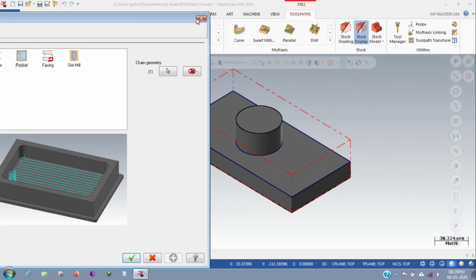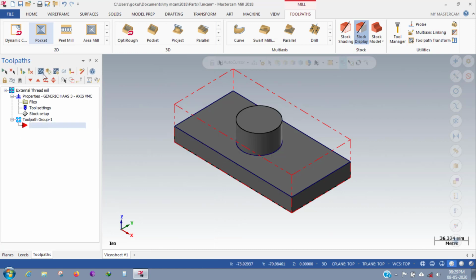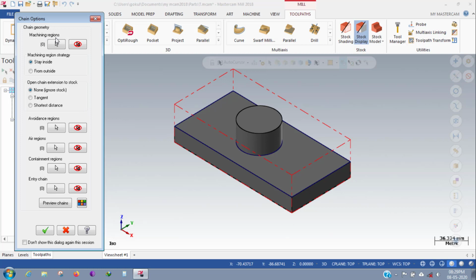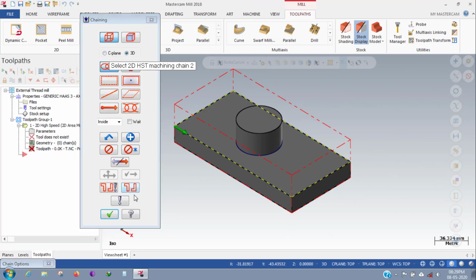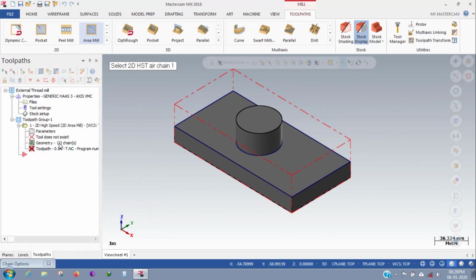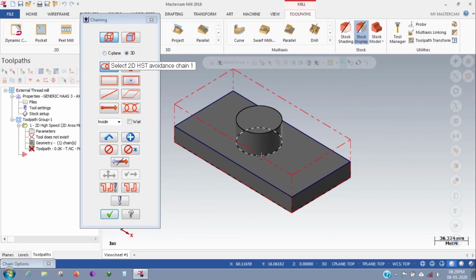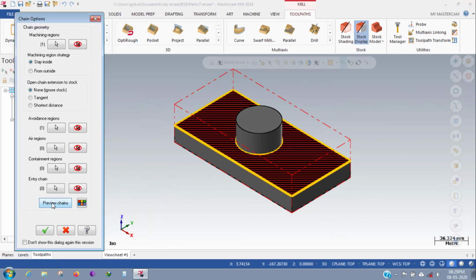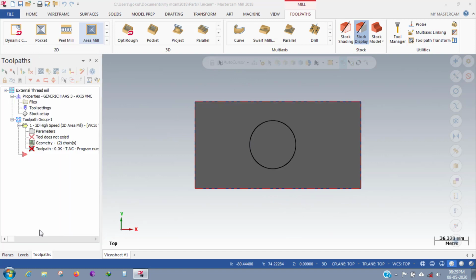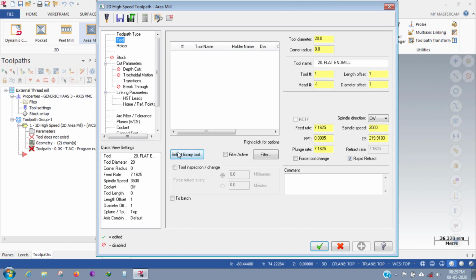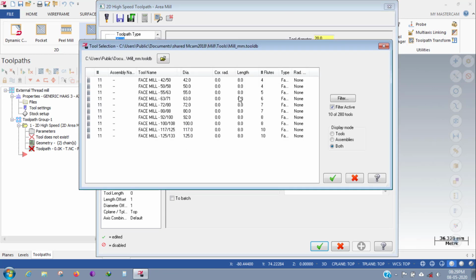Oh, sorry, it doesn't have an avoidance, so we can go with the area mill and select the machining region as this, and avoidance region to be like this, and preview the same. This will be the tool path.